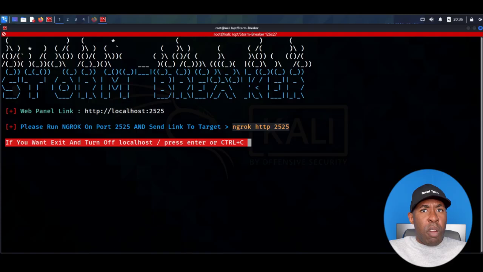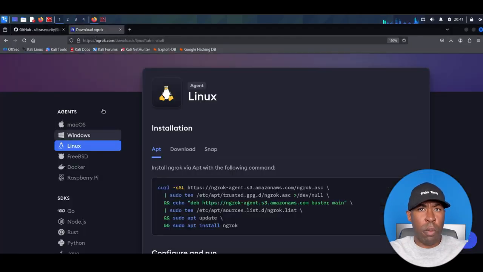Therefore, we're going to use a program called ngrok in order to allow us to use this tool on any computer or any device in the world, regardless of where they are located. In order to fix this issue, we're going to go back to our browser and download ngrok. The URL we'll be using is